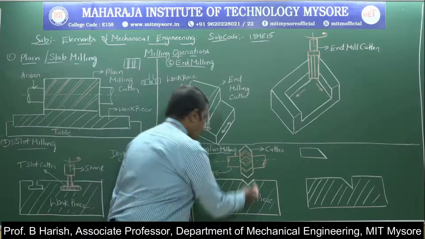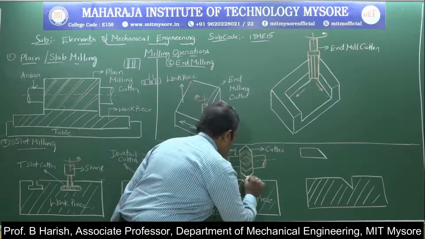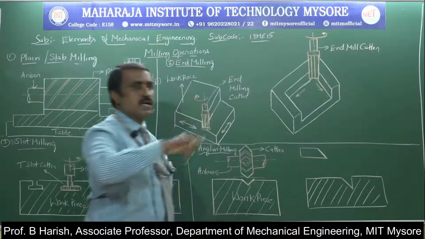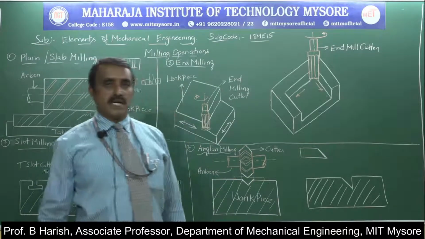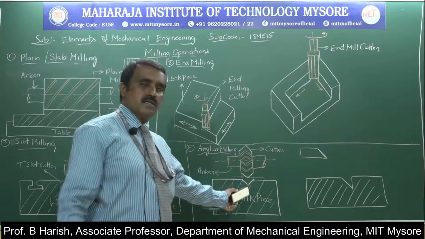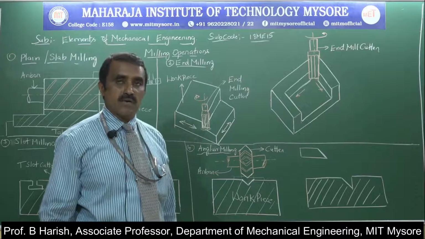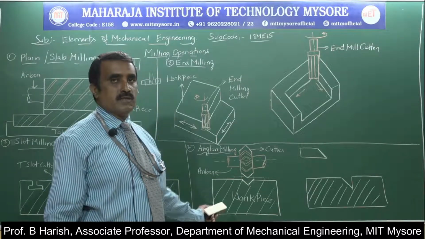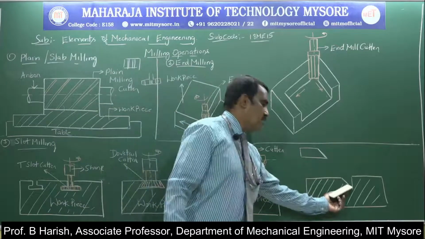Then the workpiece is moved upward and brought in contact with the cutter. Gradually, as the tool comes in contact with the workpiece, material is removed until we get the V notch. Once the required amount of material is removed from the surface of the given job, the machine is stopped.